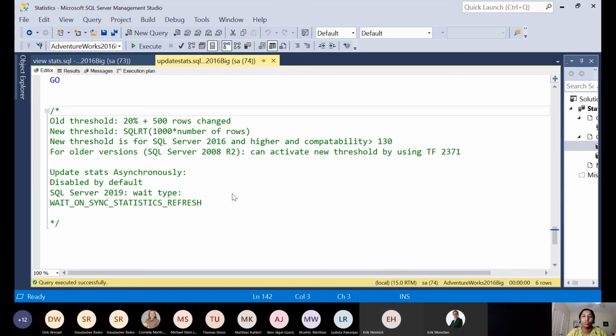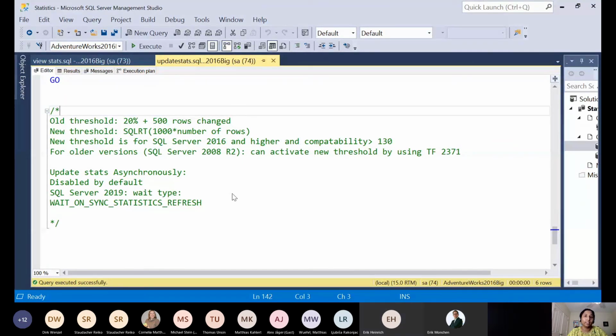It just uses the same old execution plan, which is already in the plan cache. Once that query is executed, the auto update stats run in the background.